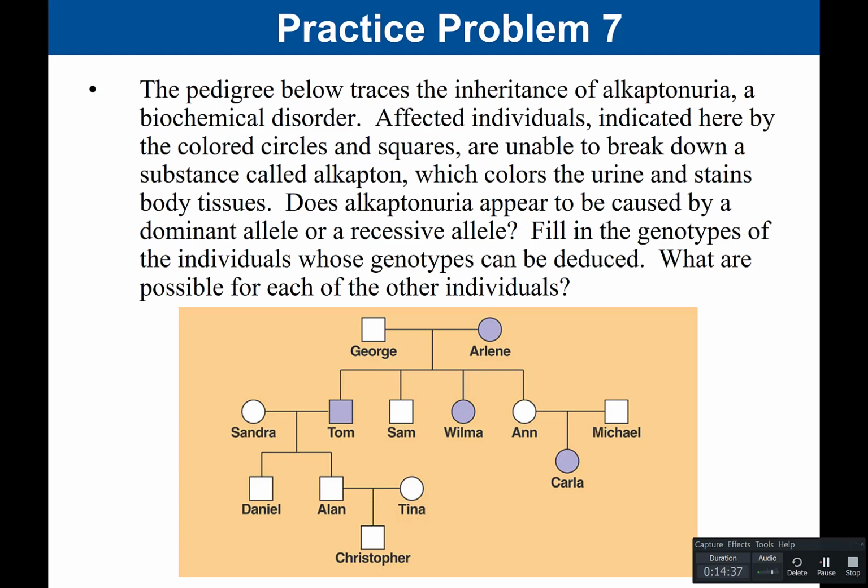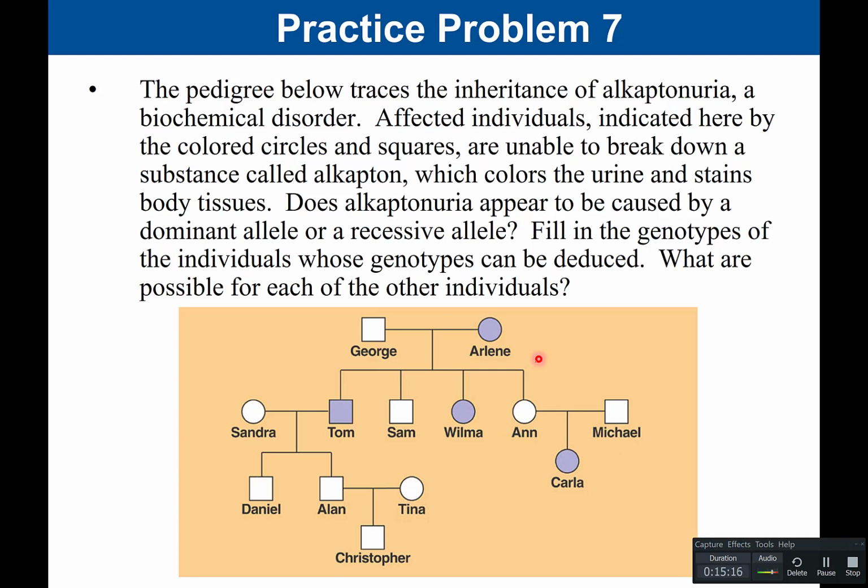So how is this trait inherited? The answer is that this is recessive. Notice we have Anne and we have Michael, neither of which has the disease, but they have a daughter, Carla, who has it. So that tells you that that cannot be a dominant trait, because if Carla had it and this is dominant, that would mean that Carla has a big A, which means that would have come from one of her parents, but neither parent has it. So that right there, this family here, tells you without a doubt that this trait is inherited by a recessive